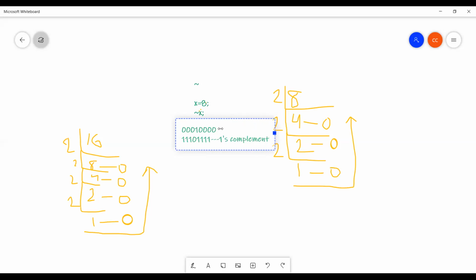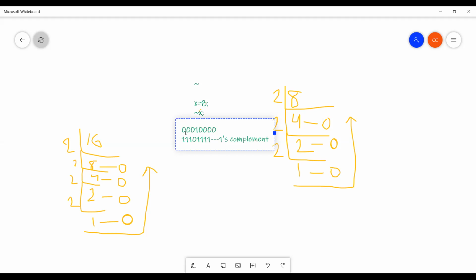So first, any number you should convert into the binary number system. After converting, it should be in 8-bit, 16-bit, or 32-bit format. For that, you put some zeros at the left side to get the proper format.